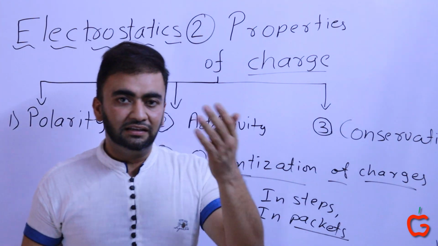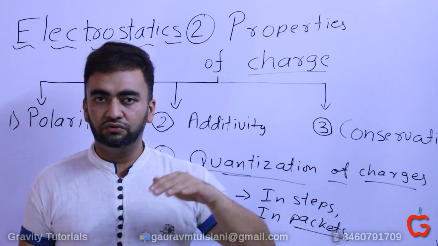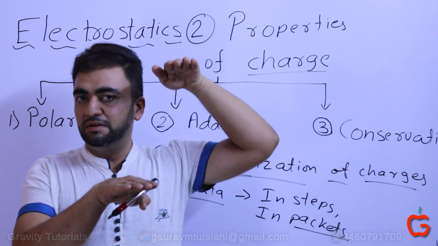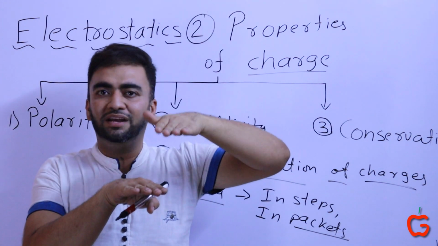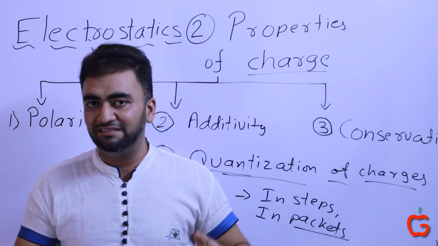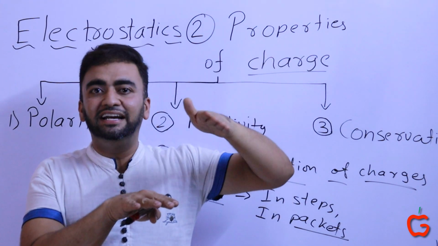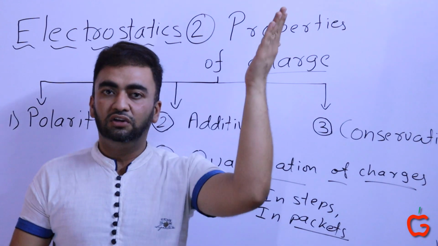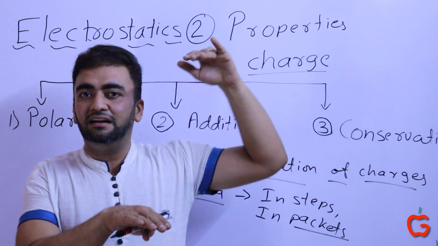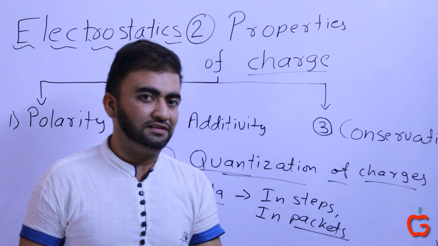Another example is steps. Suppose you want to go from the 0th floor to the first floor, so you are taking stairs. You can be on step number 1, or step number 2 or 3, meaning you can be on an integral number of steps. You can't be on a fractional number of steps, like 1.5 or 1.7 steps. That doesn't make sense. If you want to take any random height, you have to take a slope. So a slope is not quantized. It is continuous. Steps are quantized. This is the whole idea behind quantization, behind quantum physics.